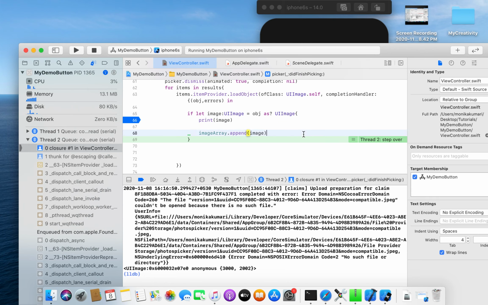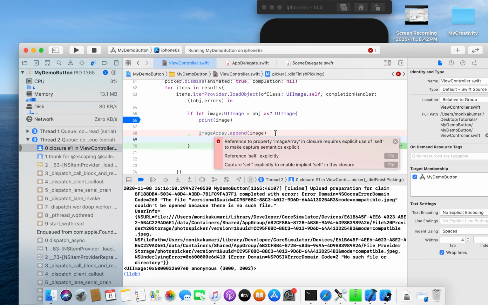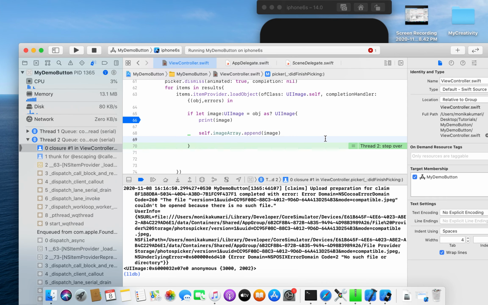Also I will create a collection view. I am going to add a collection view controller, and I will reload the collection view as soon as an item is added to the array.